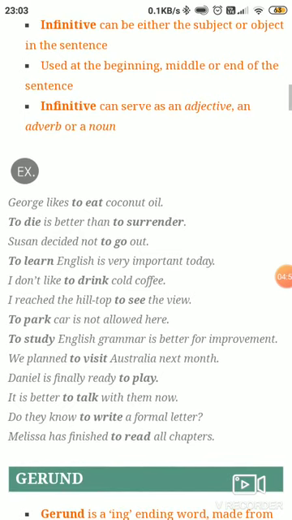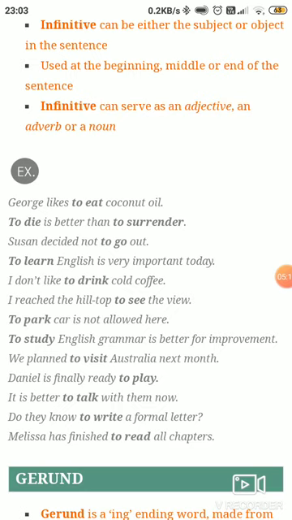Daniel is finally ready to play. Daniel is finally ready playing. Getting it, children? So simple. If you do nicely, you get 1 mark in your pocket here. It is better to talk with them now. It is better talking with them now.